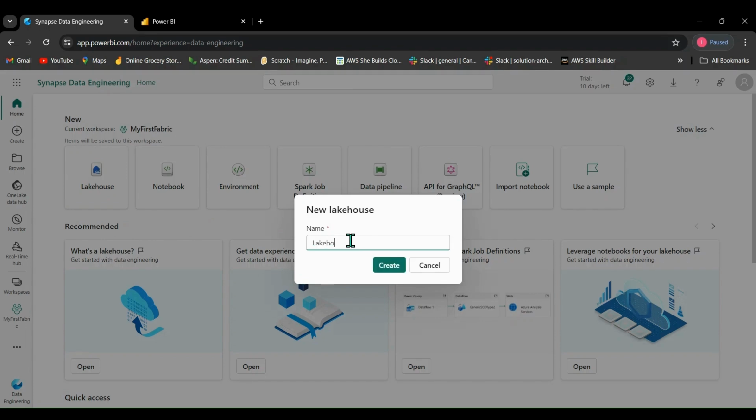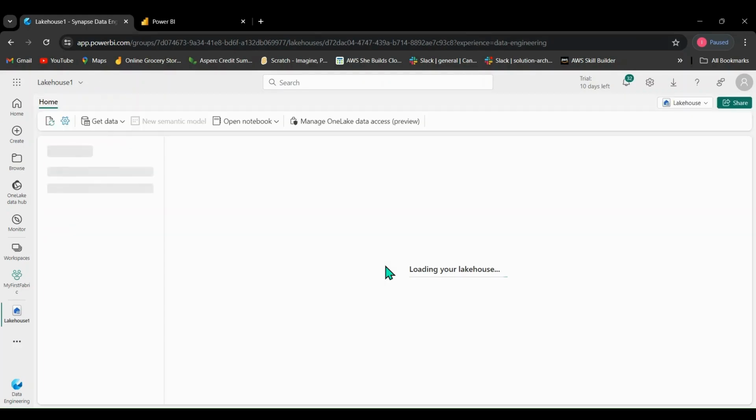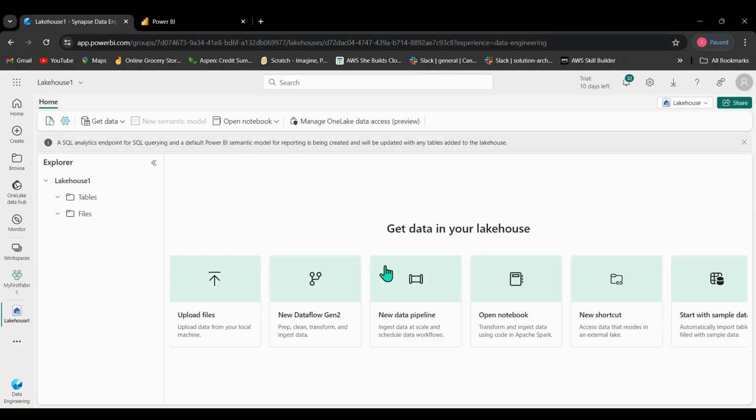Lake house 1. Okay, so click on create lake house, and then wait for a few seconds, and we already have our lake house. This is what the lake house looks like. So in our lake house,